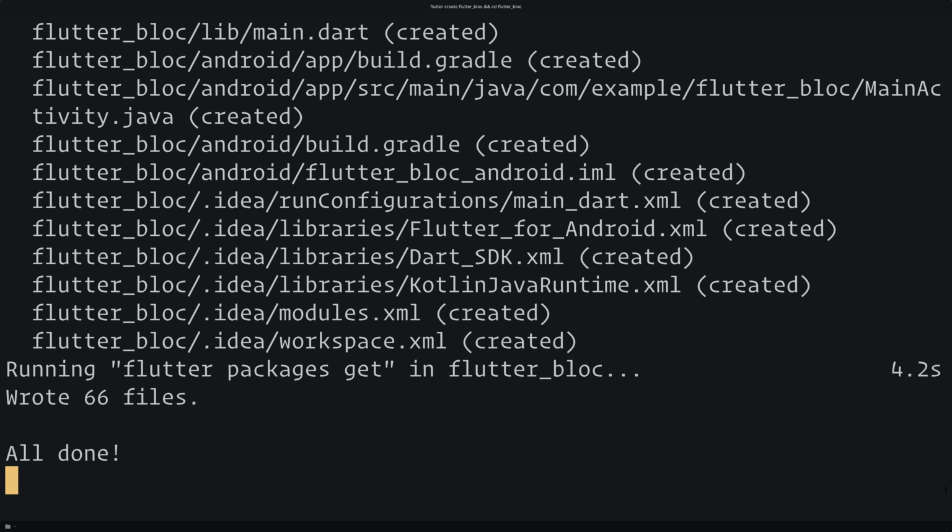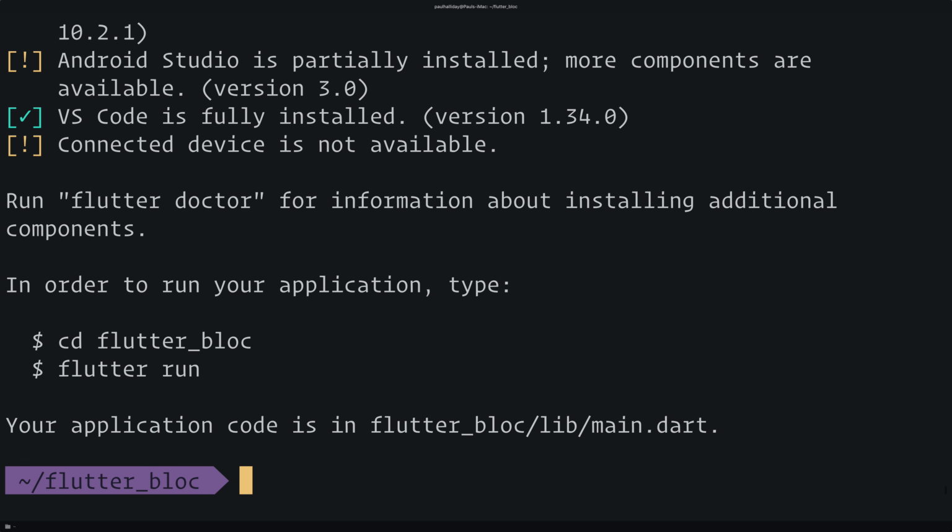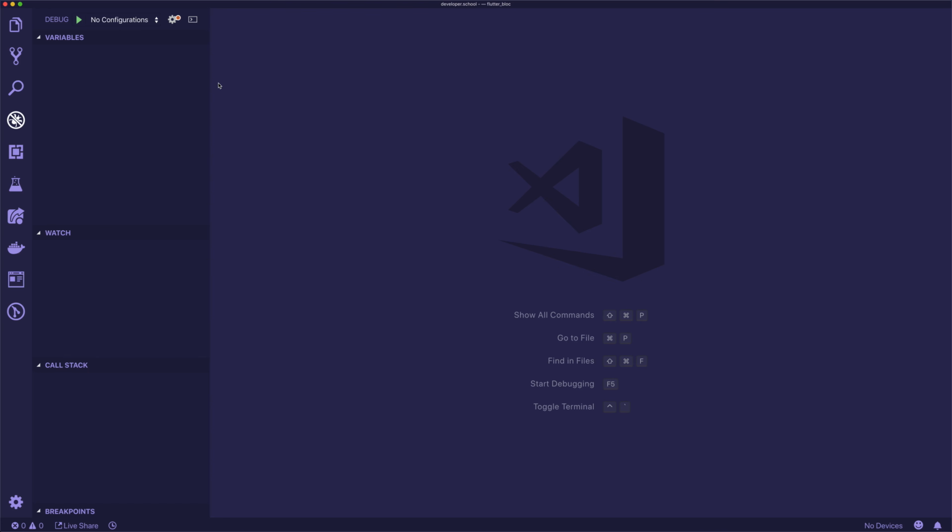So thankfully the creation of the Flutter project doesn't take long. I found that most times it takes at most a minute to get up and running with a new Flutter project. Once you've cd'd into that, we can run code and then of course this will open up inside of VS Code. Then just so we're all on the same page, I've got the Flutter extension installed and I'm going to hit start debugging,